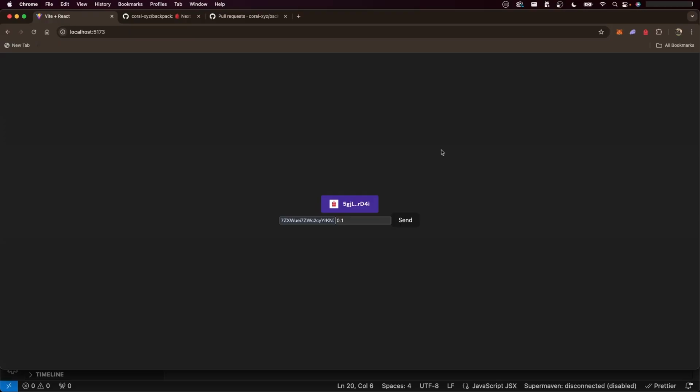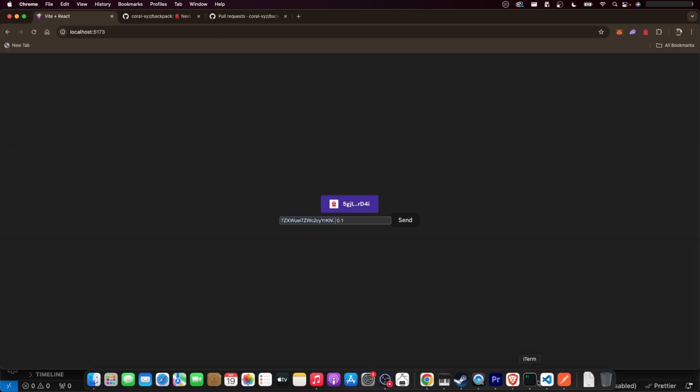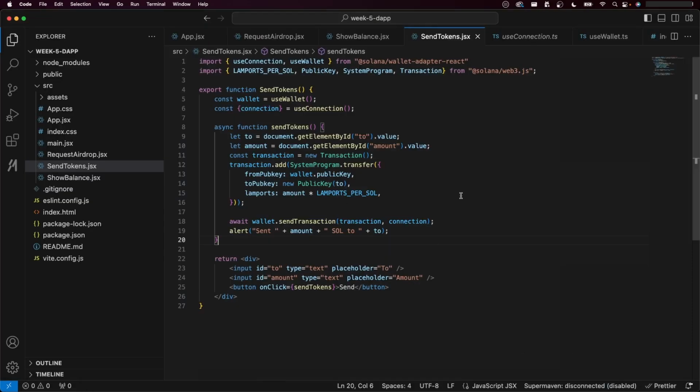All right, cool. With that, we're done with, I haven't yet explained the code, the most important bit. What does the send tokens function do? Can you guess? Here I'm going to introduce something new, which is creating a transaction object. Until now, we haven't really created a transaction. We haven't really asked the user to sign a transaction. But now we want the user to debit some money from their account. We want, whatever amount is written over here, and whatever the public key is that the user wants to send the money to,